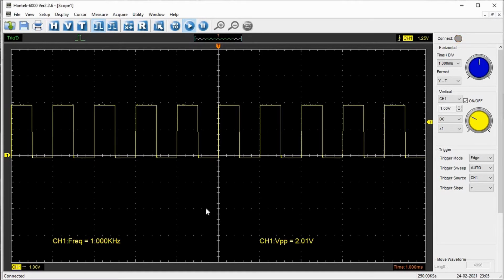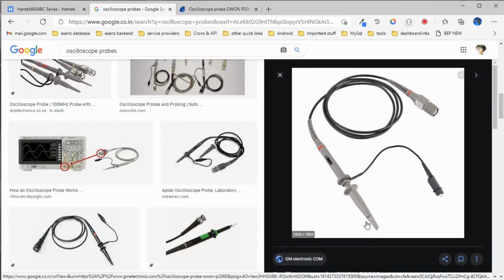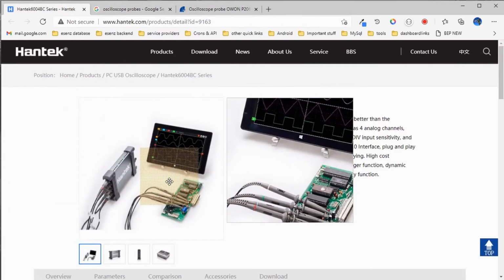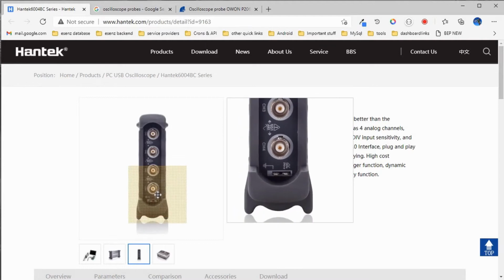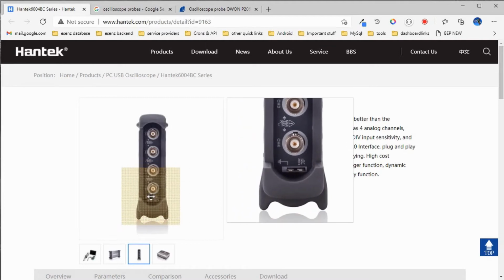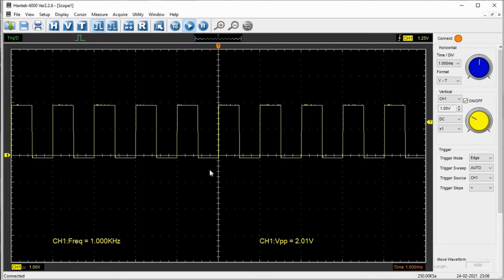When I am testing the signal, I am only connecting the positive, that is this point. This point should be grounded. But since I am using the same oscilloscope, the probe ground and the point where the signal is generated, both grounds are common, so I don't have to connect. In some cases, if you are using another source point to calibrate your device, then you have to connect both the ground and the waveform generation point, else it will not work. As I told you in the previous chapter, to measure or interconnect two circuits, you always have to have a common ground. Okay, now I have got it correct.